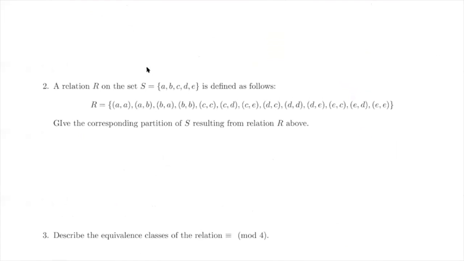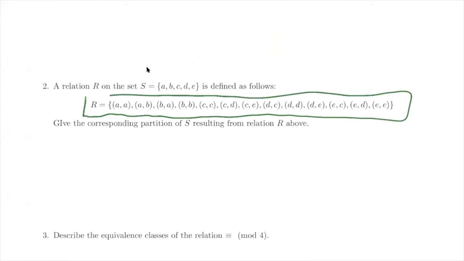So let's look at something like this then. This might help, although it's going in a slightly different direction. Here we've got a relation. This is a totally abstract question because we don't even know what all of these things are. They're just letters. And if I wanted to start writing out the partitions here,